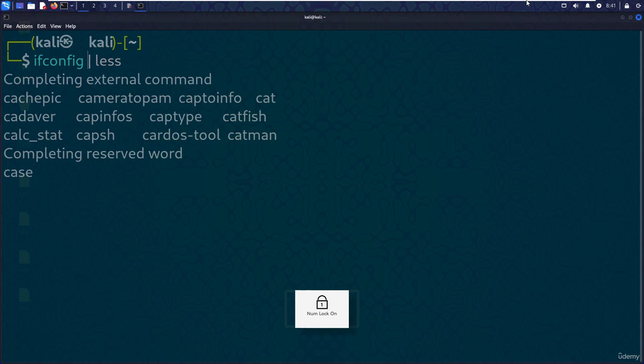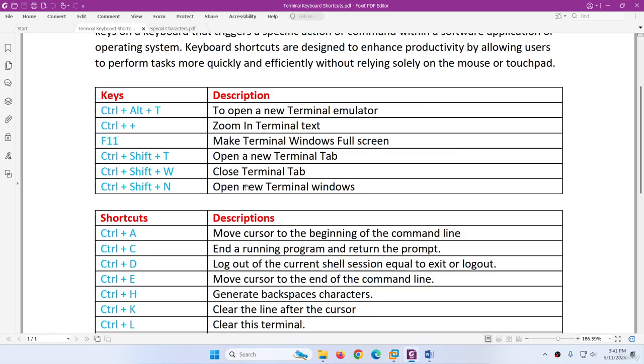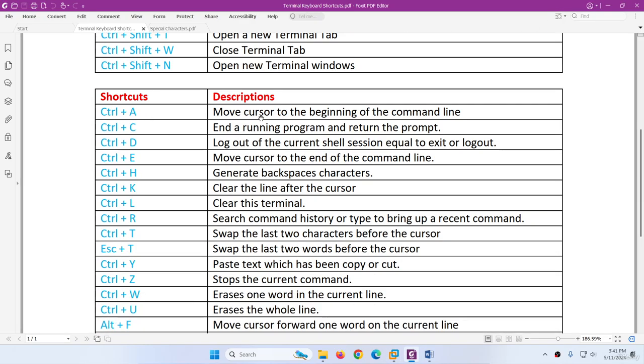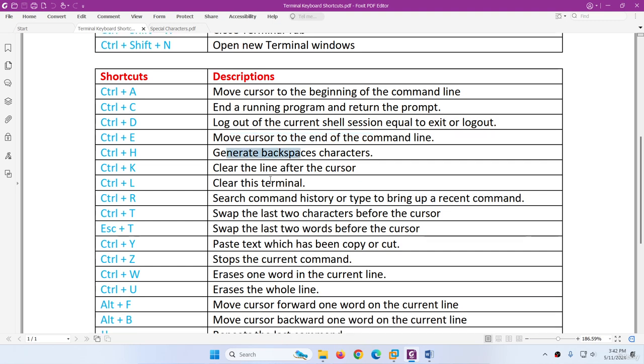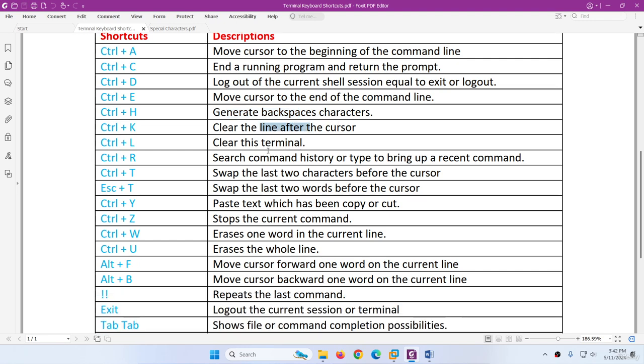So this was all the shortcuts of the terminal. If we go back, we discussed Ctrl A to move the cursor to the beginning of the command, Ctrl C to close the program, Ctrl D to log out from this shell session, Ctrl E to move to the end of the command line, Ctrl H works like a backspace, Ctrl K to clear the line after the cursor, and Ctrl L to clear the terminal, Ctrl R to search the command history,